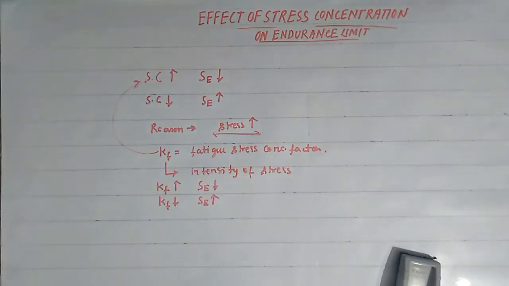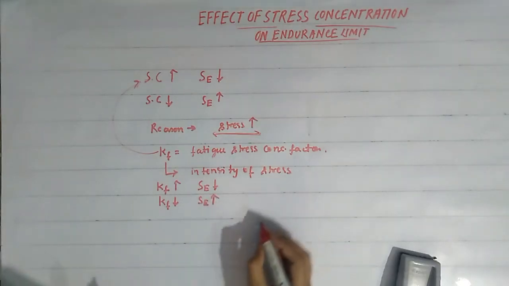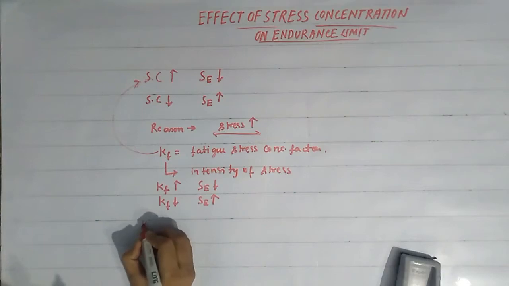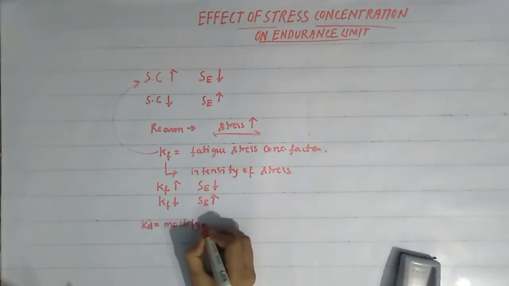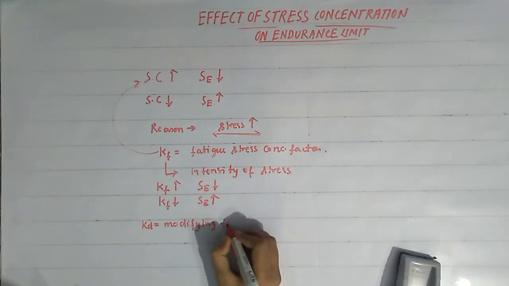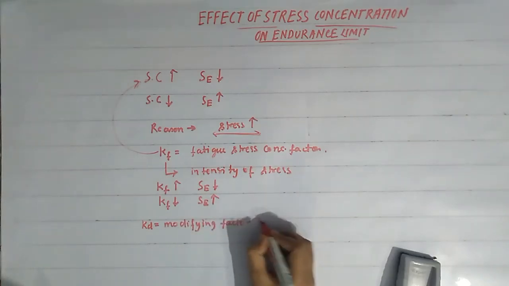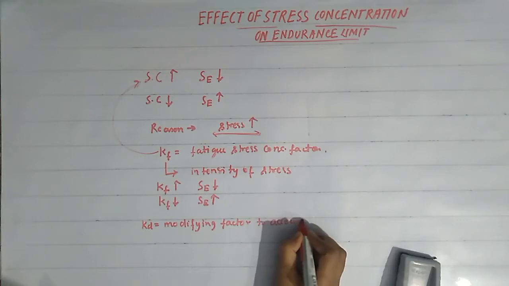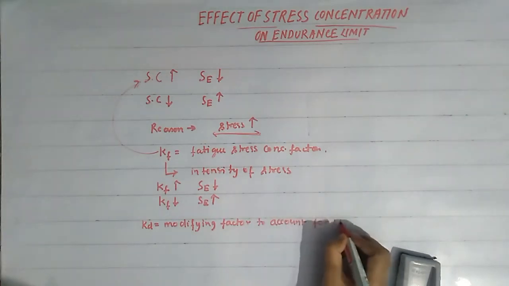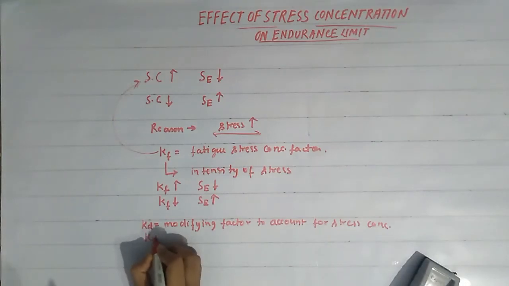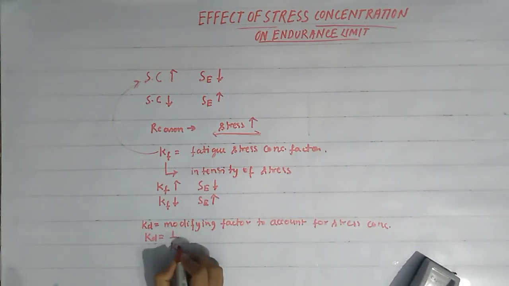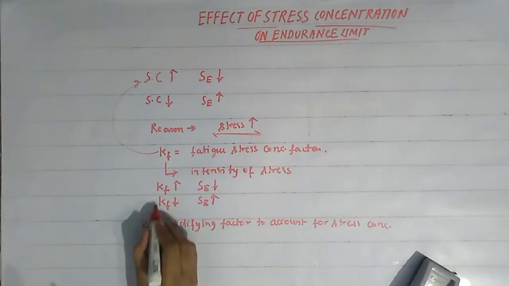Okay friends, now we will use a factor in the design of fluctuating loads that is called KD, that is the modifying factor to account for stress concentration. And this KD will be equal to 1 upon Kf, that is, inversely proportional to Kf, the fatigue